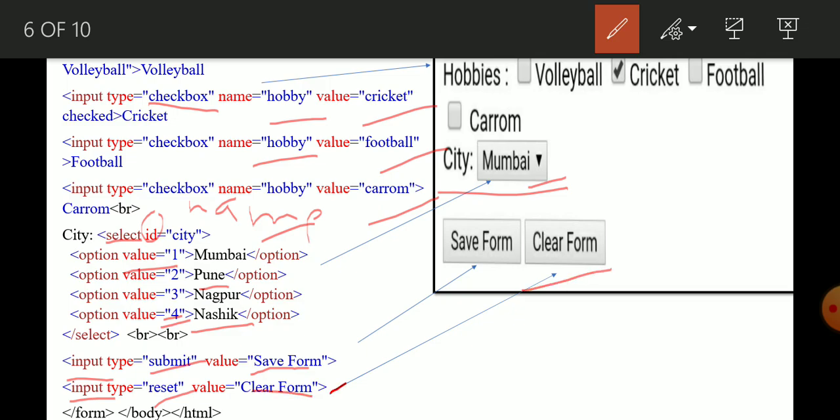Like here, clear form is displayed on the button, save form is displayed on the button. If here I write only reset, or if I write submit, then submit will be displayed on the button. In this way, we will see all the form elements with different attributes. Input tag doesn't have a closing tag, but select, textarea and option tags have the closing tag.